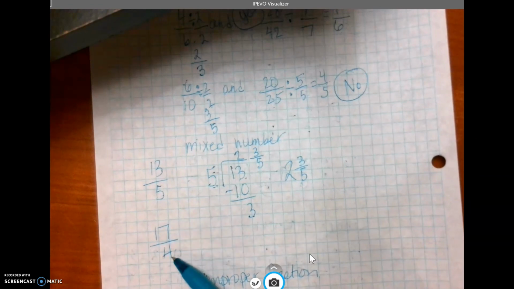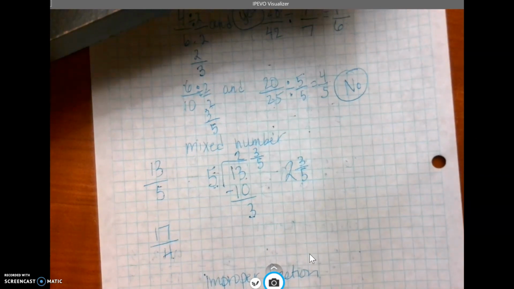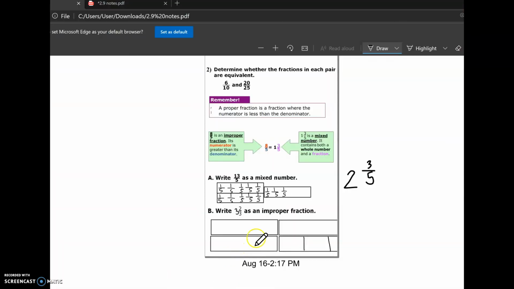17 fourths. If I was going to draw a picture, that's one way you can do it. 17 fourths. So I have